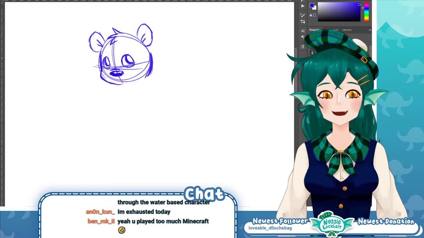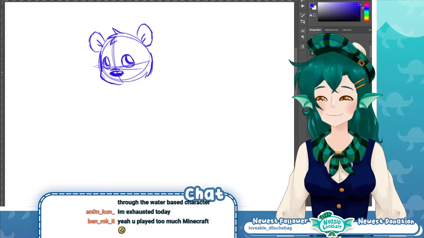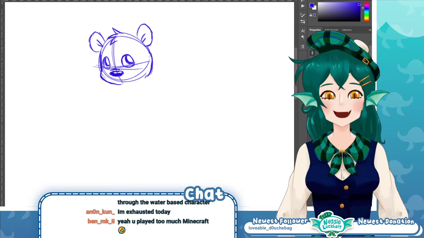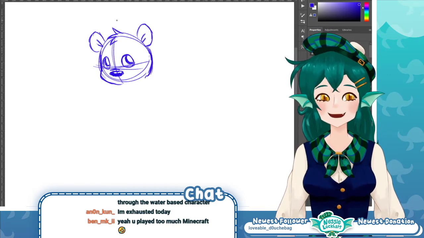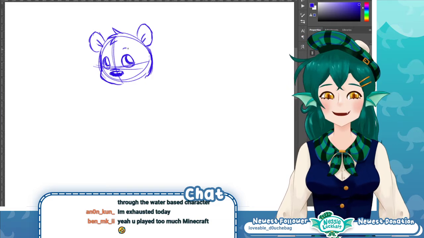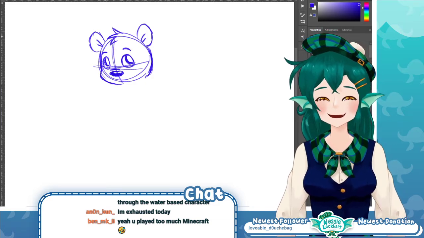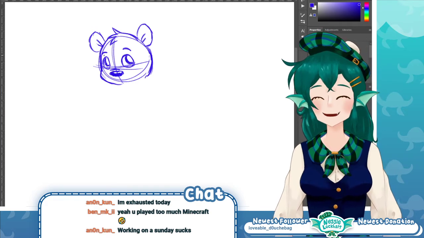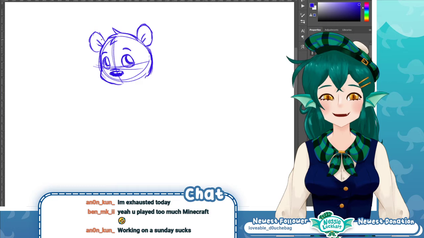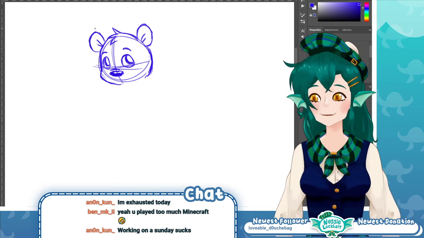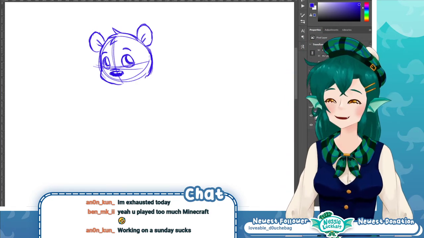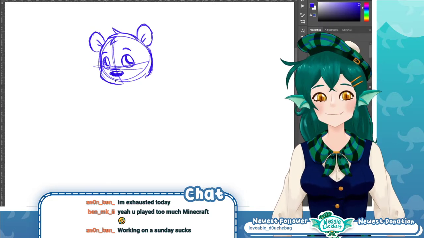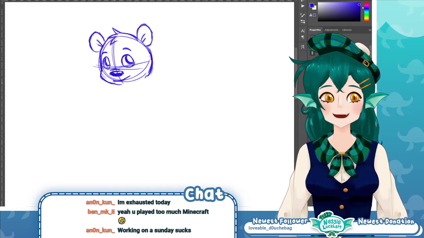I got into Minecraft for the very first time in my whole life a few days ago. I guess you could say I'm making up for lost time, but this is actually why I didn't play Minecraft for the last several years. I knew this would happen, that I would not be able to stop playing just Minecraft. That's exactly what happened. Minecraft has kind of addictive properties.